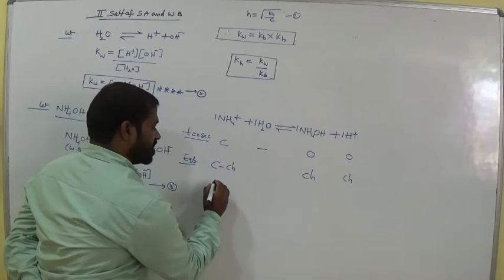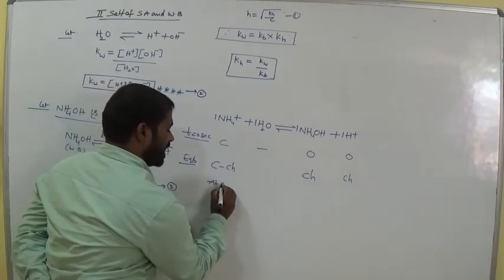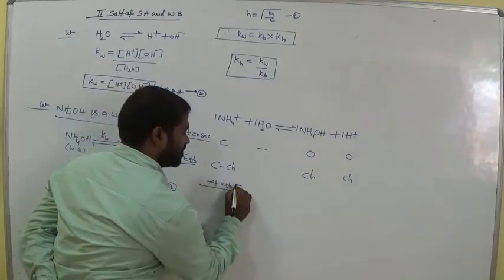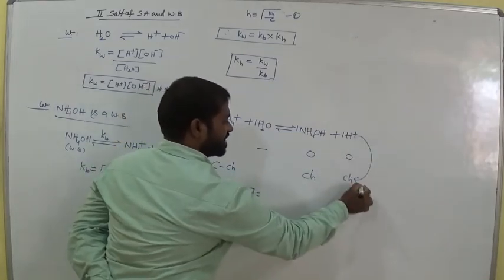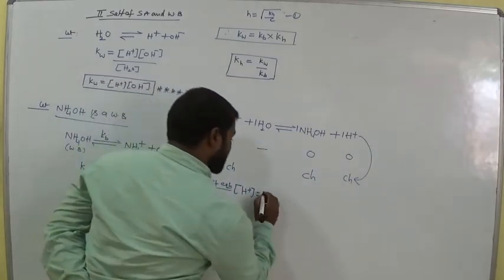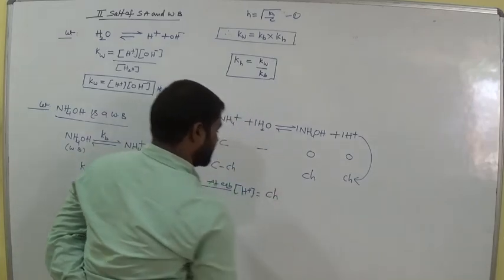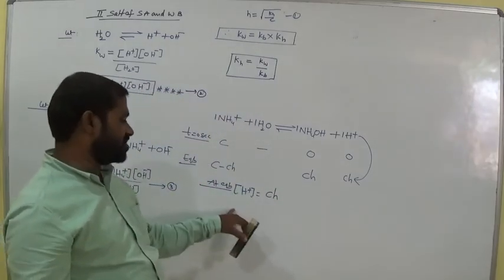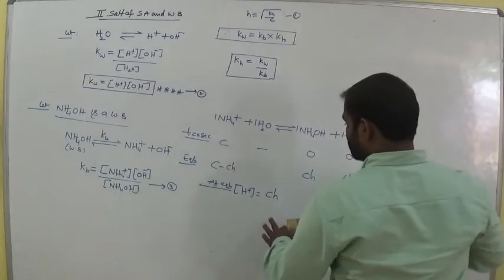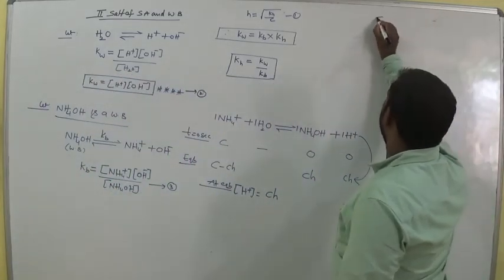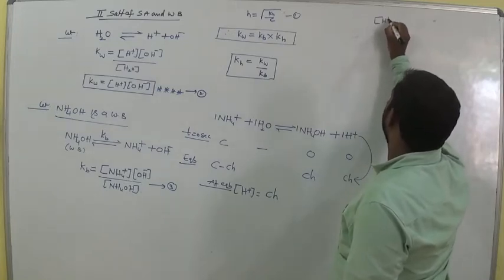What is the H plus ion concentration at equilibrium? The H plus ion concentration is CH, am I right? Is it clear, all of you? CH. So from this, H plus equals